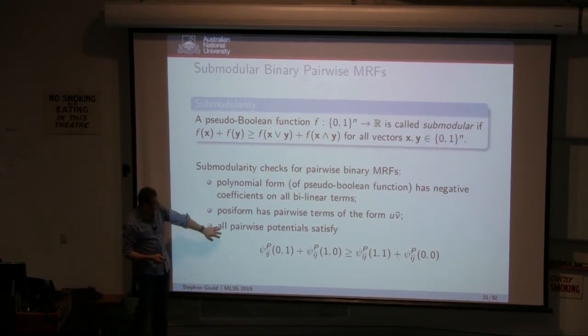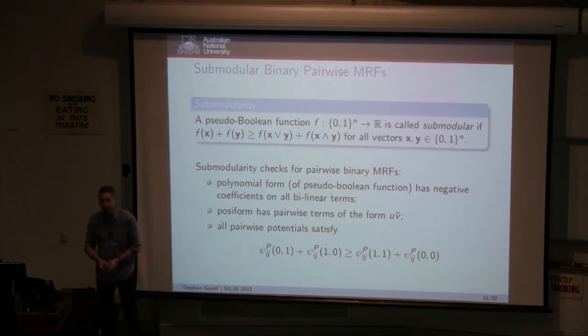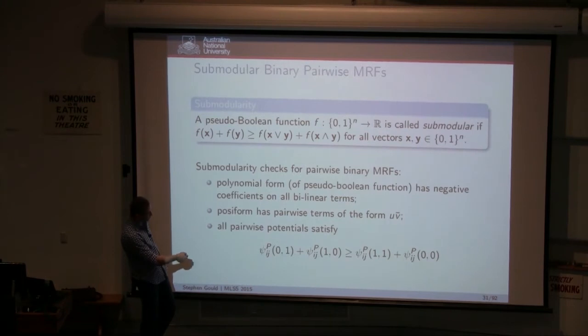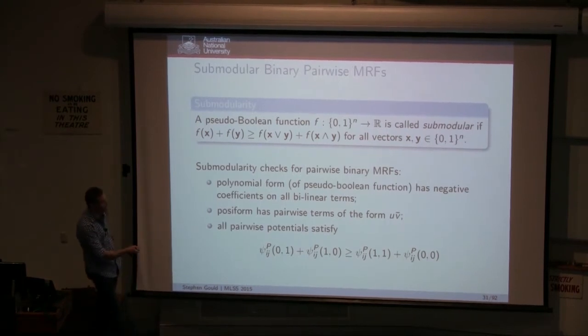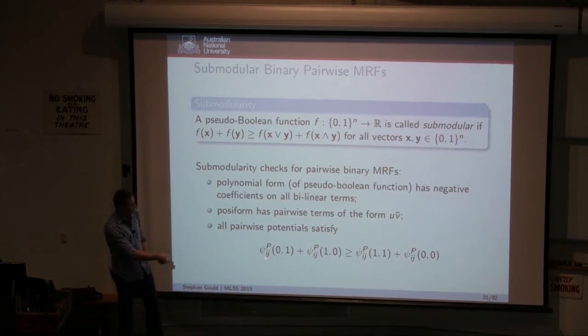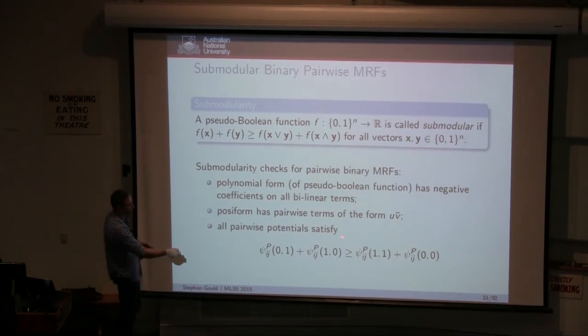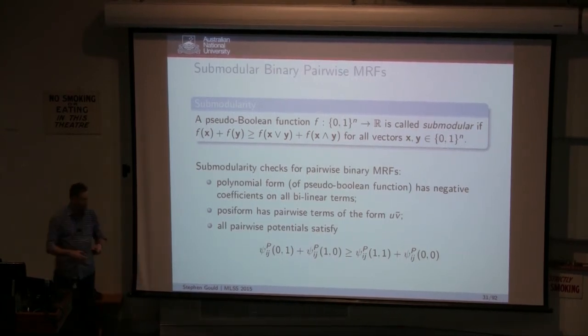Or finally, if you're talking about a Markov random field defined in terms of unary and pairwise potentials, then the energy function associated with that Markov random field is submodular if this expression holds, right? So when you evaluate the sum of the variables taking different values, that's greater than or equal to the evaluation of the sum when the variables take the same values. Okay,